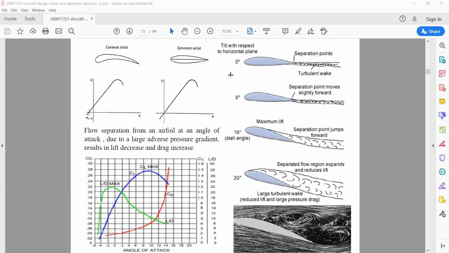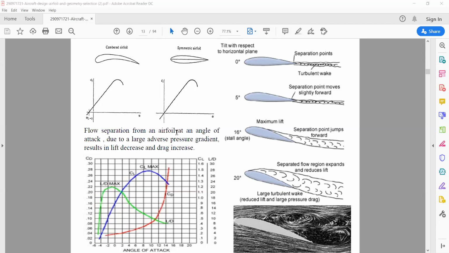It depends upon what type of airfoil I'm going to use. In the wing, we use different types of airfoils. Symmetric airfoils are used in tail sections. Most aircraft today use them for the tail section because they are stabilizers. So we mainly use symmetric airfoils in the tail section, that is, the horizontal tail as well as the vertical tail. But in the wing, we mainly use cambered airfoils, different series of airfoils. I will discuss that.